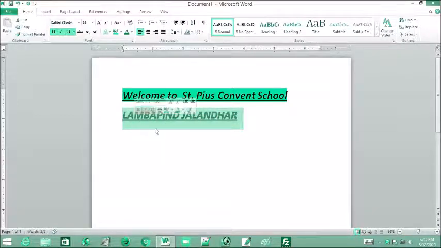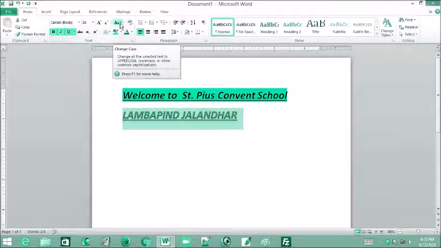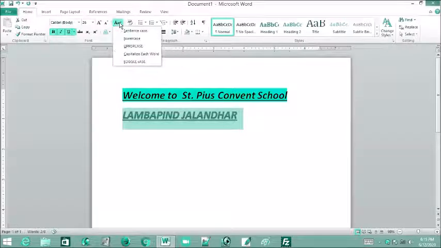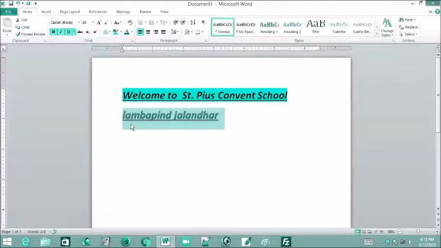So we'll change the text case here. The Change Case option is there. Home tab, Font group. In this we have Change Case. Case means uppercase, lowercase, like this. So we'll select lowercase. See, all small letters we got.